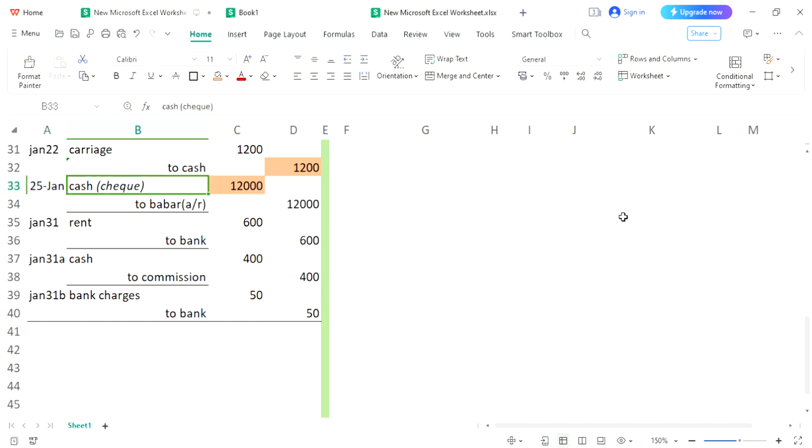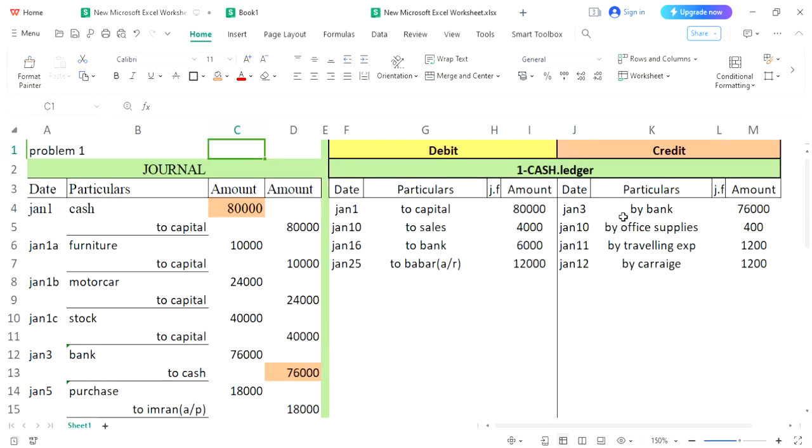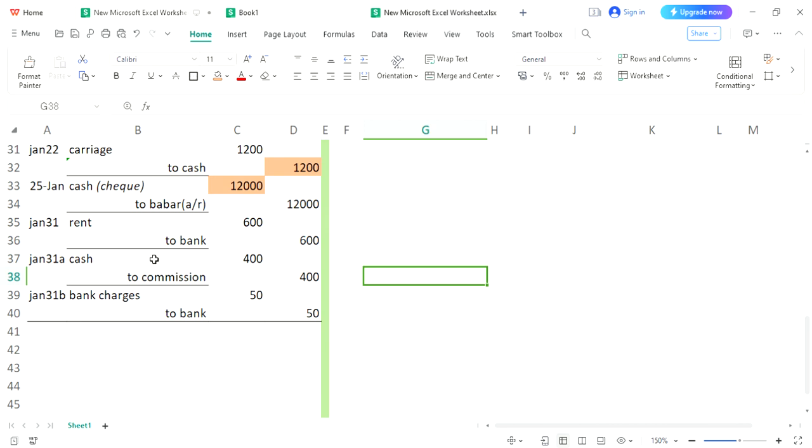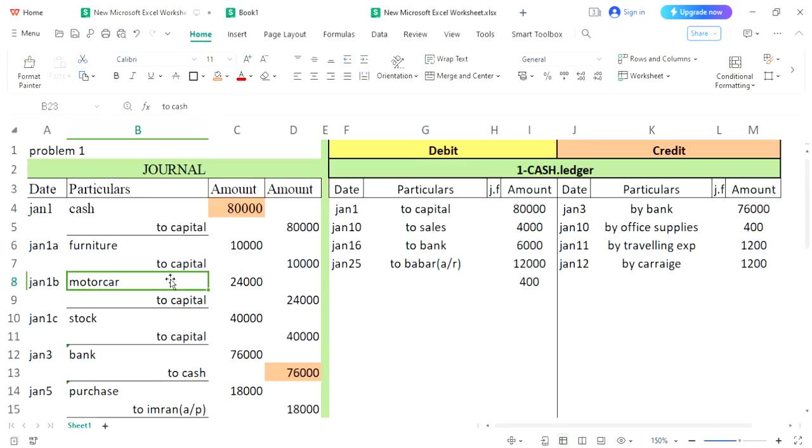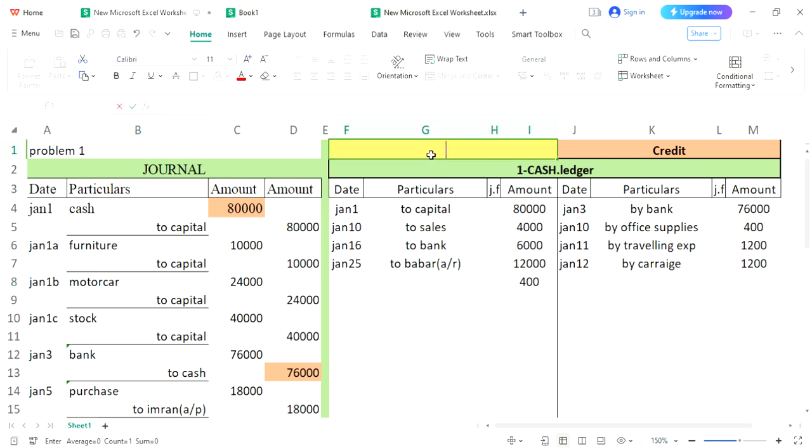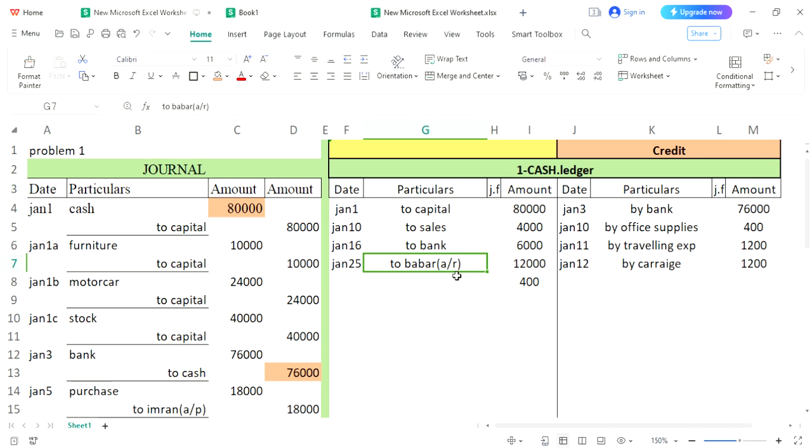Let's start our search again if cash is present again. No, this entry does not include cash. And yes, on January 31st, cash is present on debit side, 400. So we will choose debit side and we'll write 400 in amount column. Now let's see what is reference of this 400. This was your entry. Cash was debited. What is written on the opposite side? To commission. So go and write to commission in particulars column,